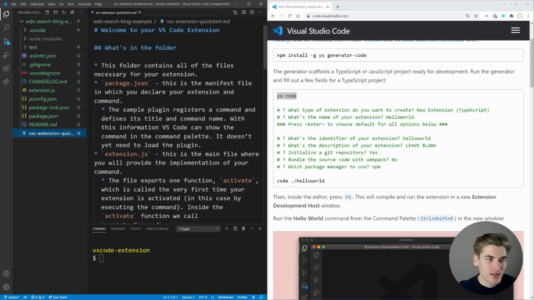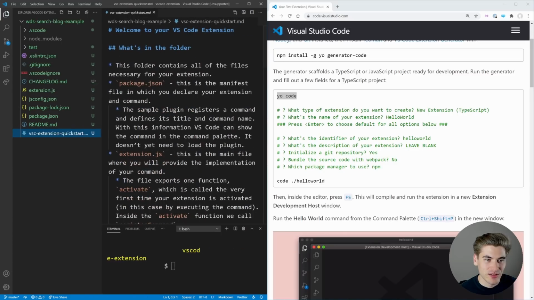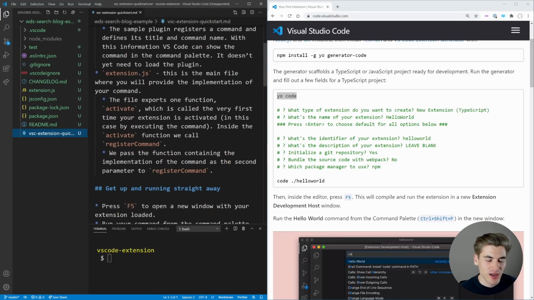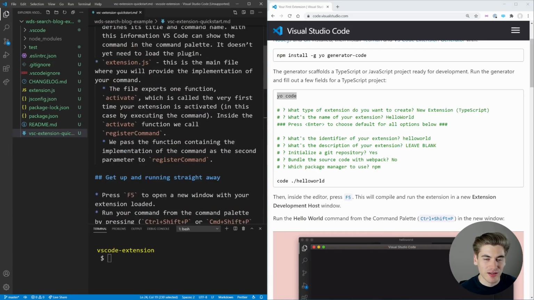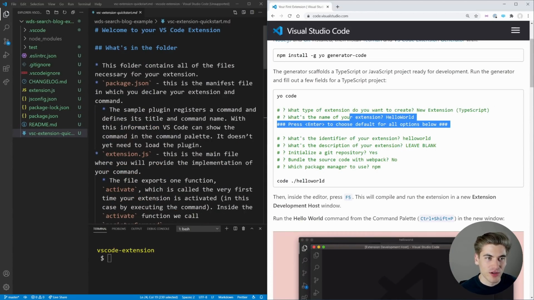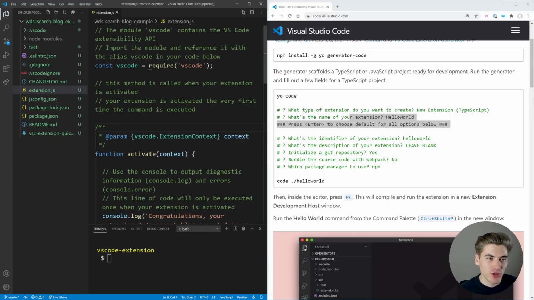And then finally, down here, we have the quick start guide for getting started. This is really not that useful, but essentially it's just saying, welcome, here's some stuff that you can do to get up and running with your tools. So this is very similar to the documentation we have over here. It's just in the actual code editor, so we can read it in here if we want. But like I said, almost all of our code is inside this extension.js file.